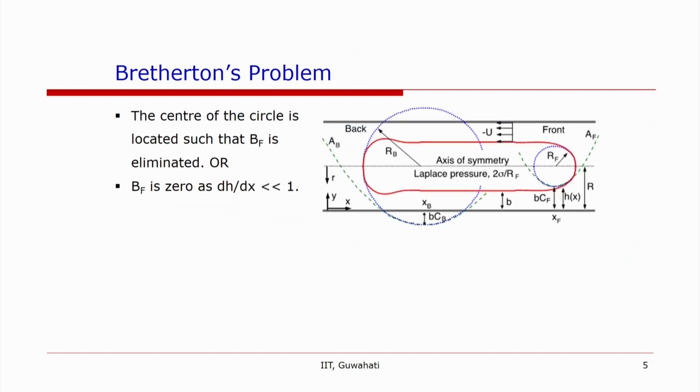The equation that we had for H: H is equal to Af by 2 x squared over b (3Ca) raised to the power 2 by 3 plus bf x (3Ca) raised to the power 2 by 3 plus bcf. We can rearrange this in such a manner